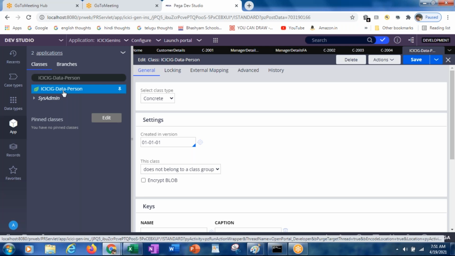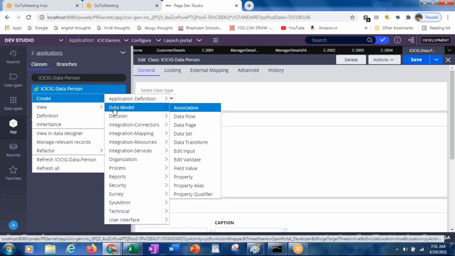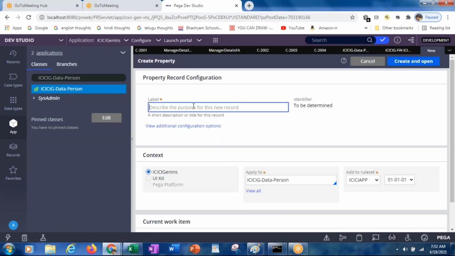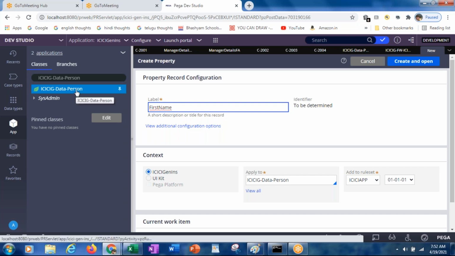So how can we create the properties? Create data model property. Initially we created the first name under the ICICI general framework, under the work class. But this time we are creating these under the person class. Why? Because we want to reuse the same thing.